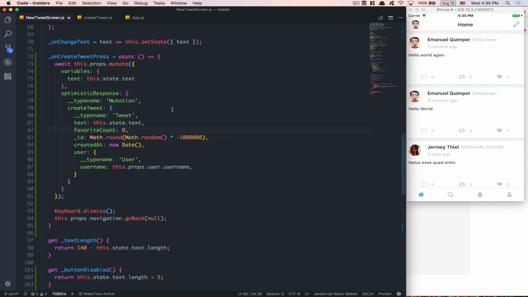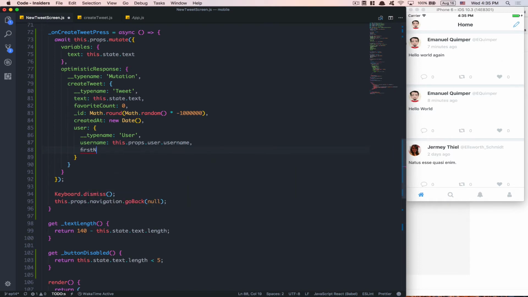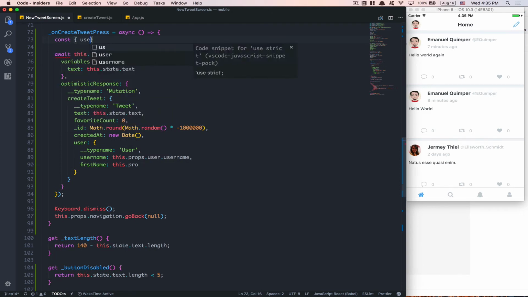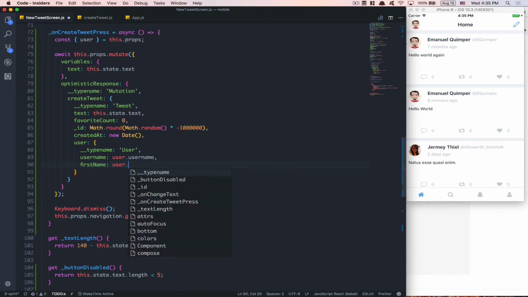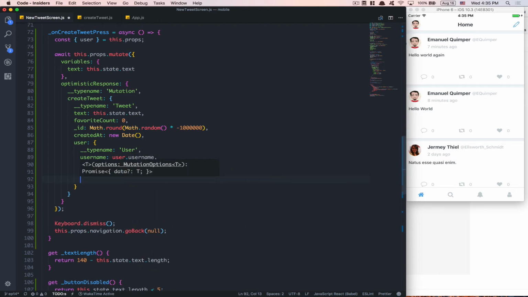Now what I'm gonna do is, here, I'm gonna say I need the username, because we need that for this thing here. After that, what I need is the first name, so this.props.user.firstName. But now I'm copying too much myself, and I don't like that. So I'm gonna destructure the user from this.props. Now I can say user.username, user.firstName, lastName equal to user.lastName, and after that avatar equal to user.avatar,